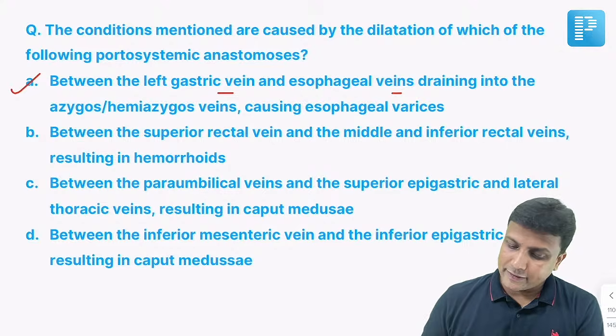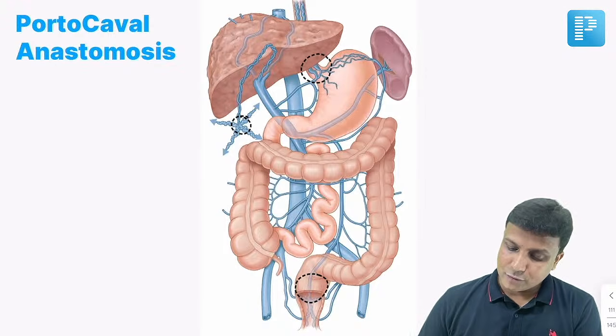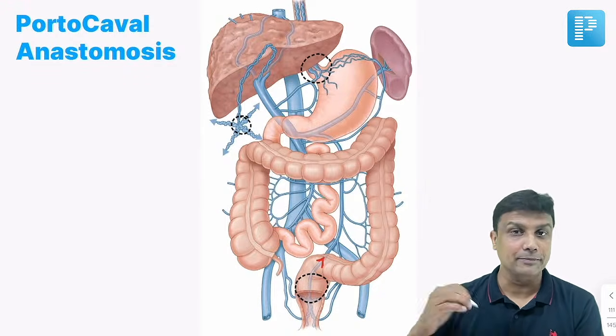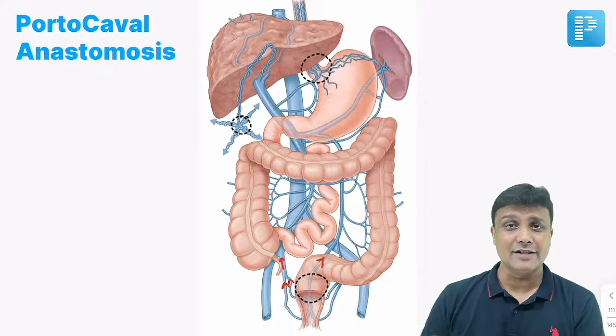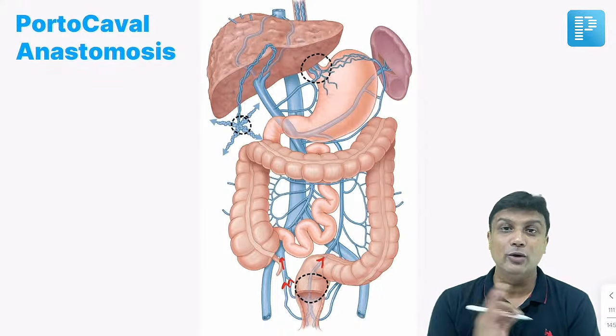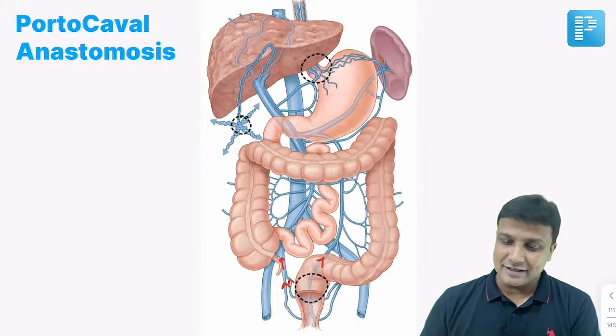Between the superior rectal, middle and inferior rectal veins resulting in hemorrhoids. Of course, this is the superior rectal vein over here and that is a part of your portal system, whereas the middle rectal, inferior rectal, that is a part of your caval system. It is going and draining the blood into the inferior vena cava,